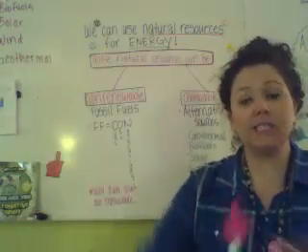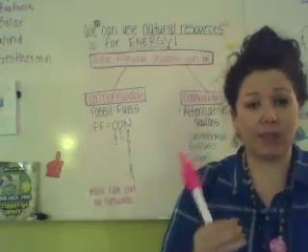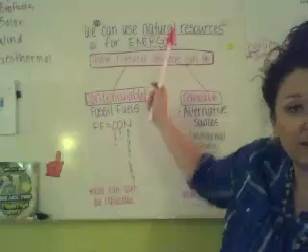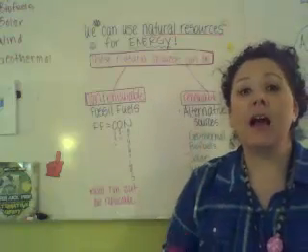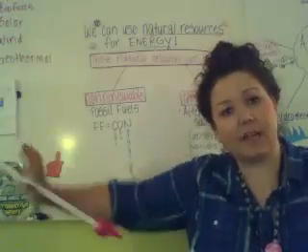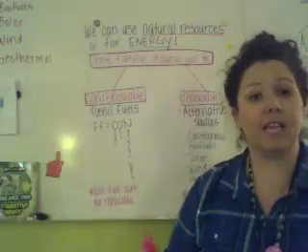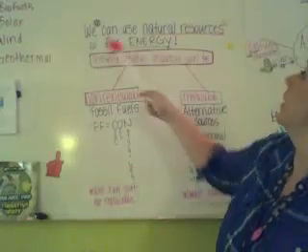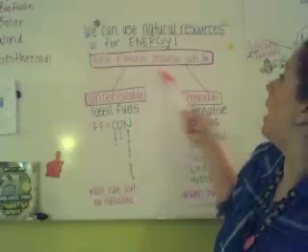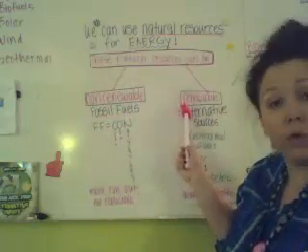Now remember, I can take my natural resources on this earth and use some of them to provide us with those energies that I talked about. I can take those natural resources that I use for energy and classify them into two different categories depending on how long they take to replace. My natural resources can be non-renewable or renewable.